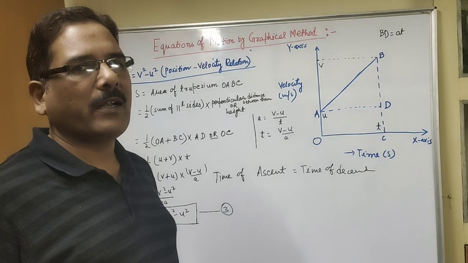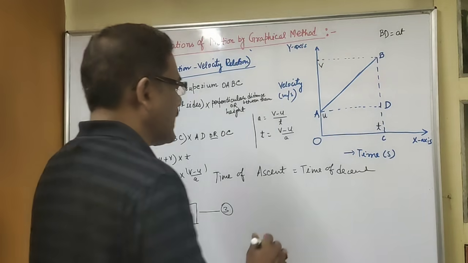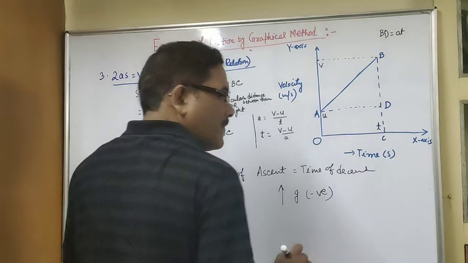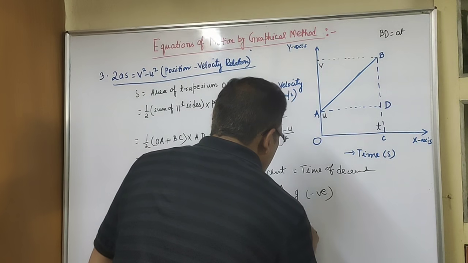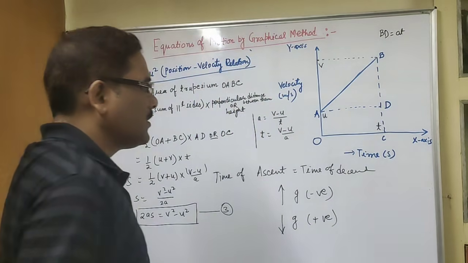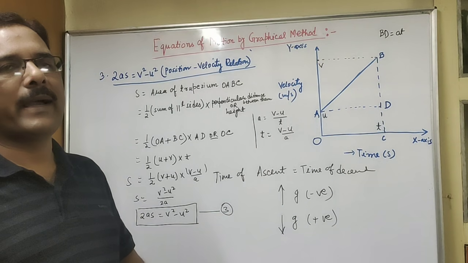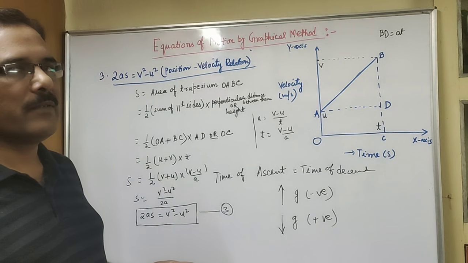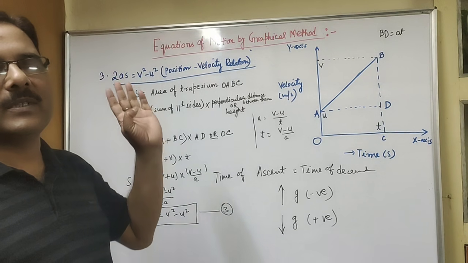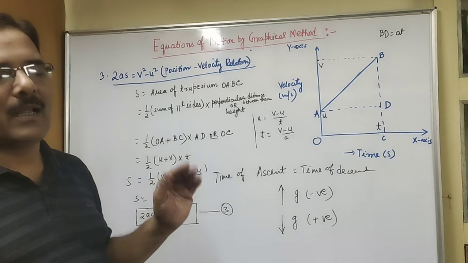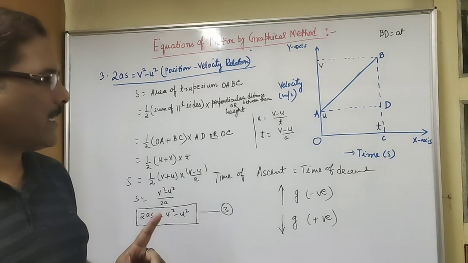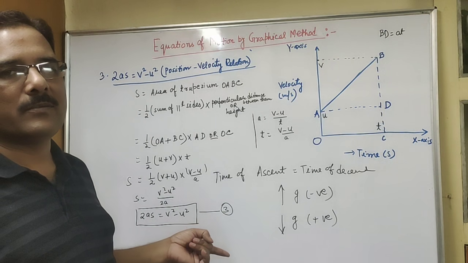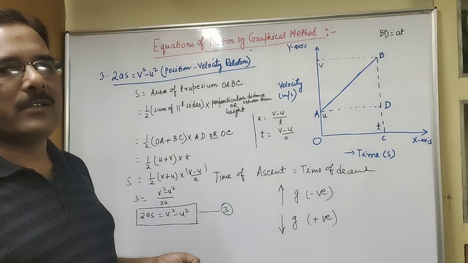Another thing, that whenever an object is thrown upwards, g is negative. Acceleration due to gravity is negative when it is thrown upwards, and when object is coming down, then g is always positive. So these are the important points that you have to keep in mind. Always read the numerical problems carefully 2-3 times. Write down the given things with their symbols only. It means U, V, S, A, T, whatever given, and what you have to find out, put a question mark against it. And then must go through these points which I have given today, the important tips to solve the numerical problems. And then you are able to solve it.